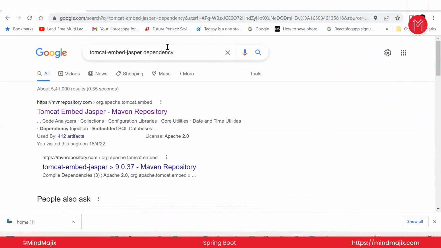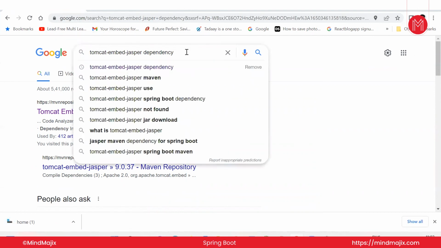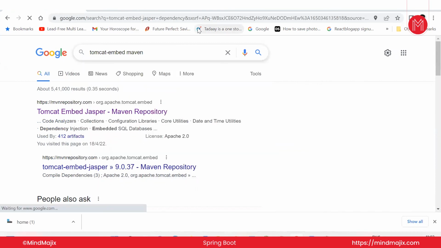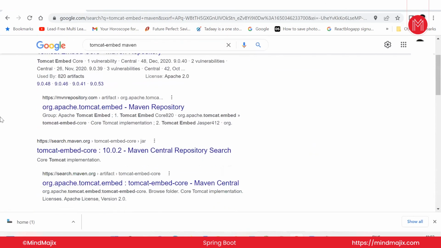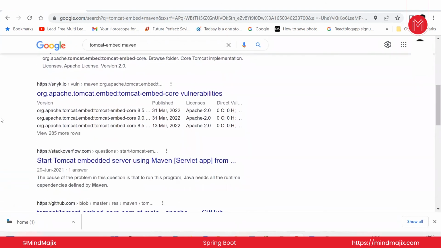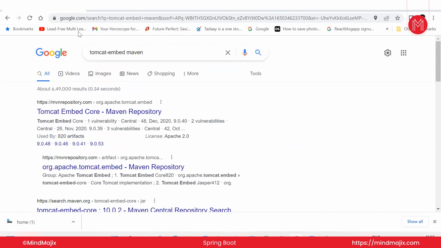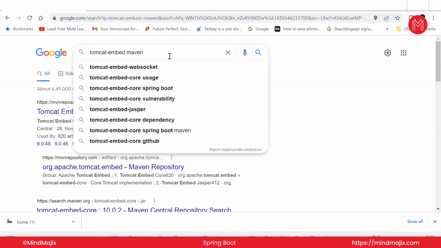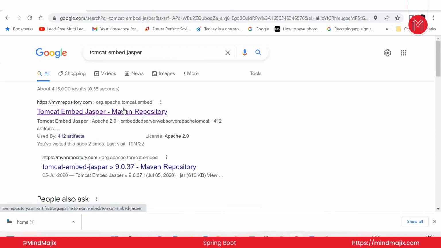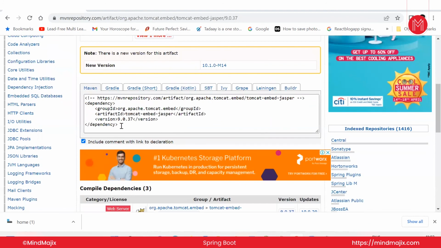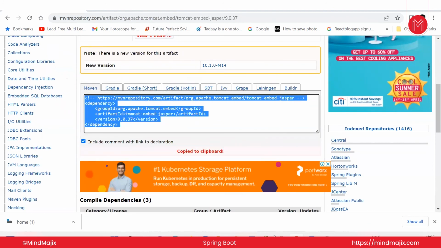Still we are able to download the file. Tomcat embedded Maven dependency. I'm just trying to add this dependency, Tomcat